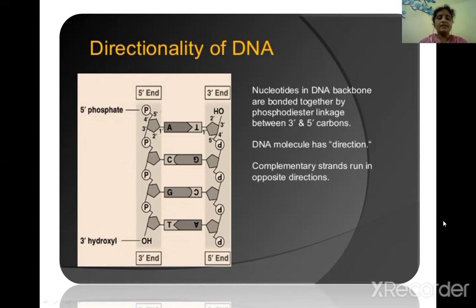The double helix contains two grooves, the minor groove and the major groove. The minor groove is narrow and is involved in the binding of histones, whereas the major groove is broad and is involved in the binding of non-histone proteins.